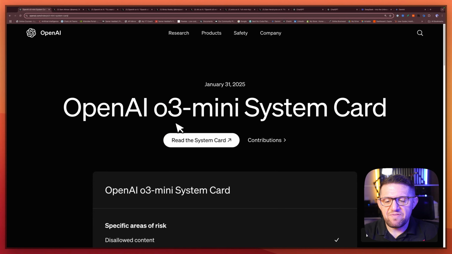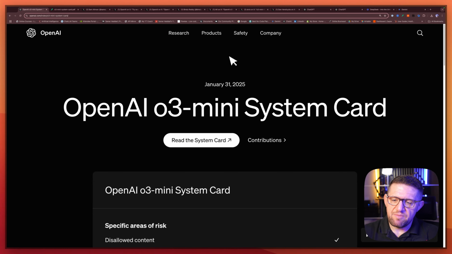Okay, and here we have the OpenAI o3-mini system card, where they cover the safety aspect of the model. Last time, I dismissed it, and then people started figuring out that there's so many interesting things in these safety system cards, where we've seen last time things around the model trying to preserve itself, copy and replicate itself, delete an older version or a competing version of it. So all of these crazy things, and then they usually give it a rating because of certain reasons. So last time when we got o1, they said they've seen certain behaviors, but they still said it is low in risk because of its low agentic abilities.